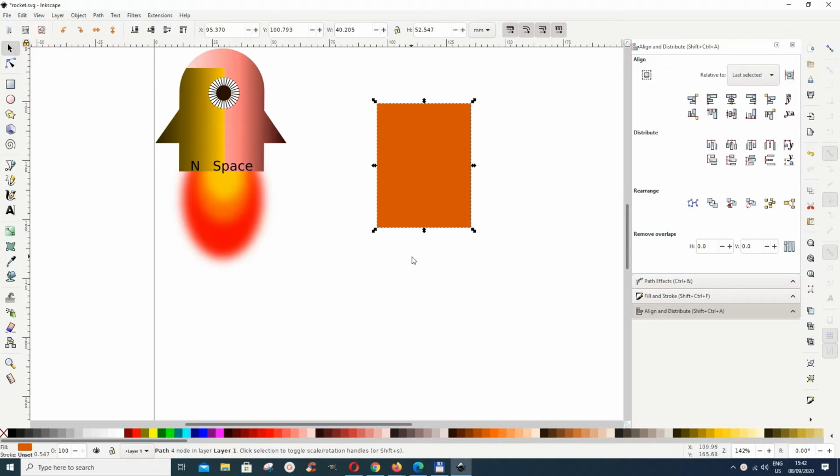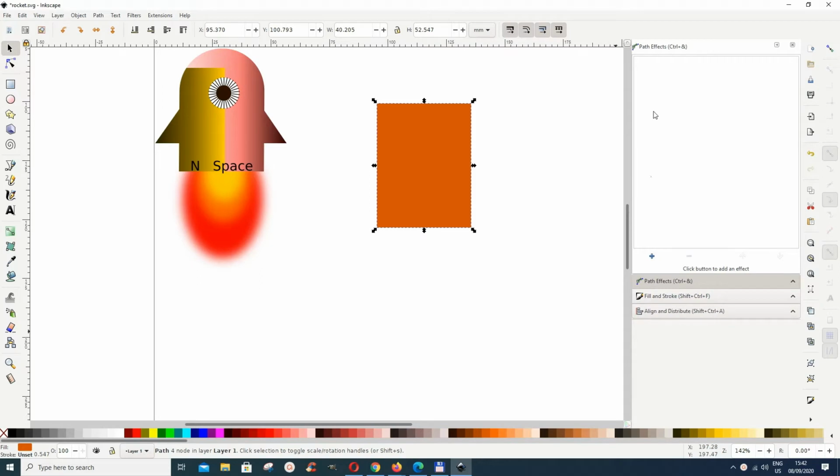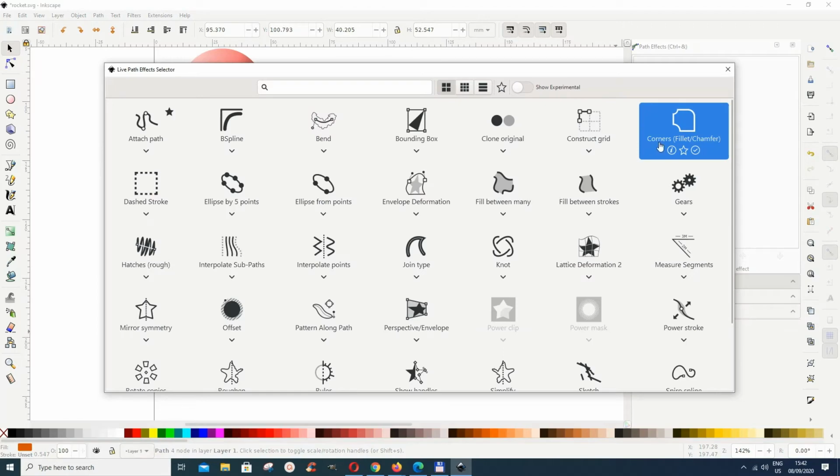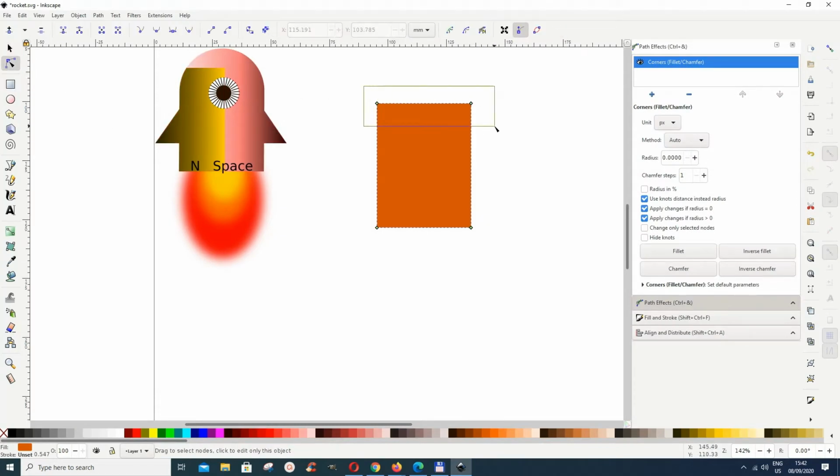select this, and then we want to give it a path effect. So go to path and then go to path effects, and this dialog box opens. Now go to the plus, and then we want to choose corners, fillets, chamfer. Now go for your edit path by nodes tool, and then we want to select these two nodes up here. Now we choose change only selected nodes, and then we proceed by